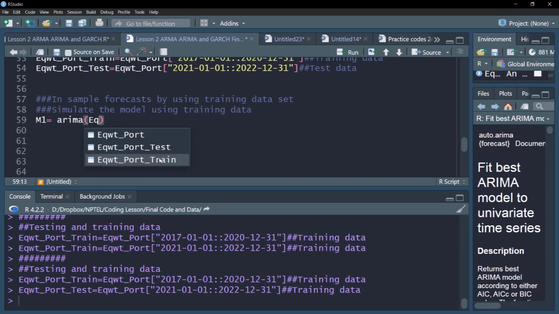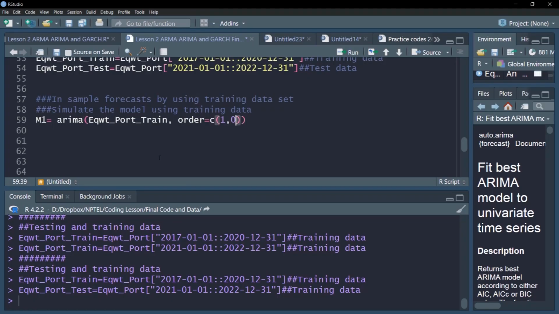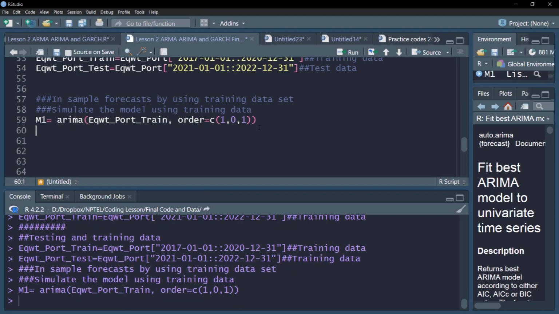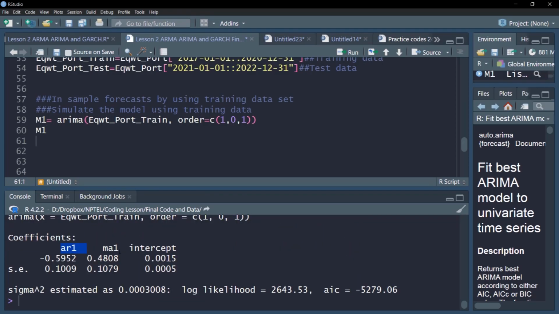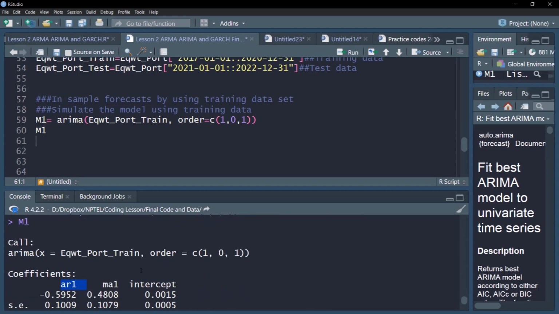We'll increase the complexity. First, I am giving it order c(1,0,1). In this model, we are only using one lag of AR and one lag of MA. So this is a very simple model. If I print it for you, you can see ARMA, it's a simulated model given this data.